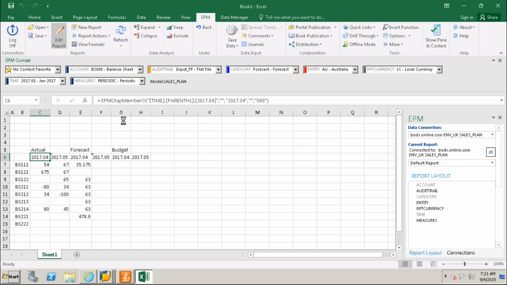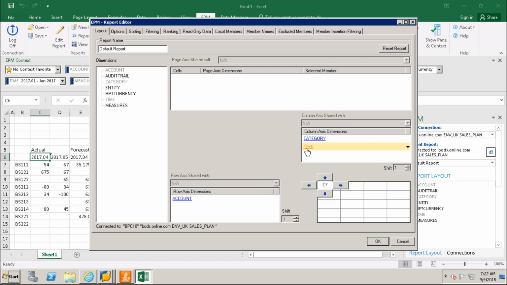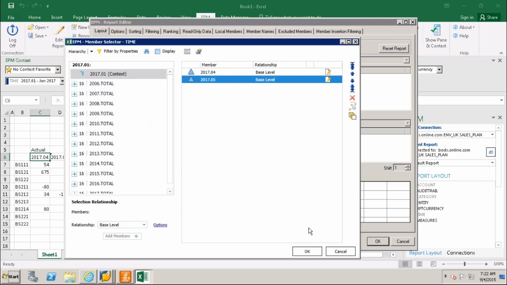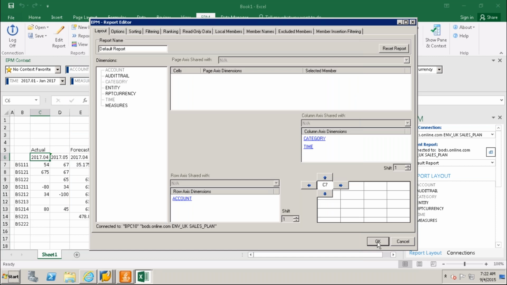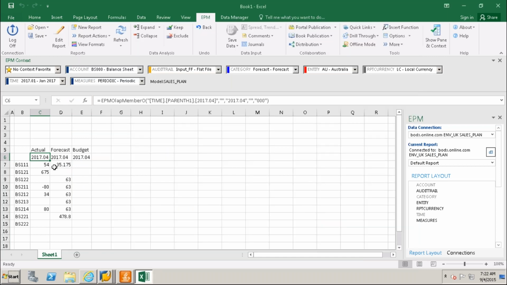Only 1 month I will take, otherwise I have my actual values. Basically, these are my forecast values, and also here my budget values.